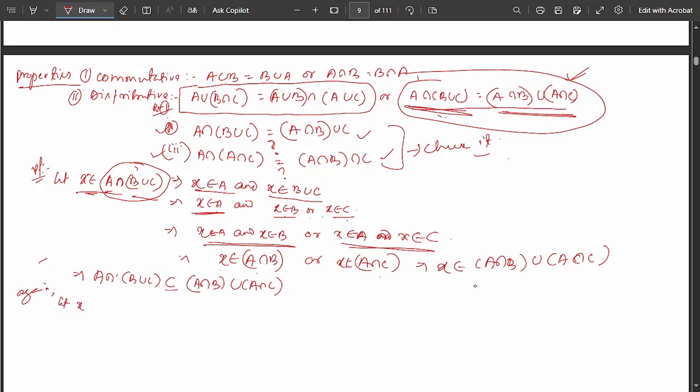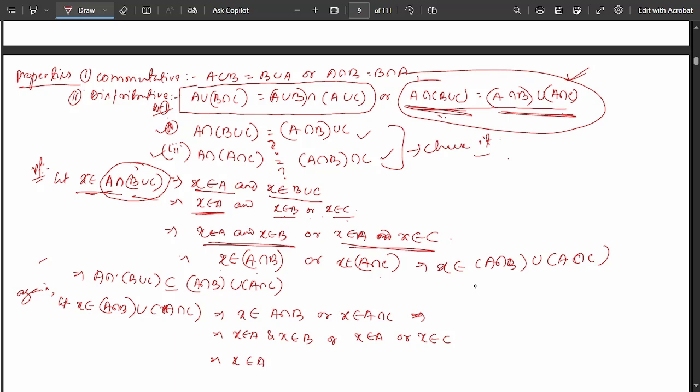Let x belong to A ∩ (B ∪ C). That implies x belongs to either A ∩ B or x belongs to A ∩ C. This implies that x belongs to A and x belongs to B, or x belongs to A and x belongs to C, which I can write that